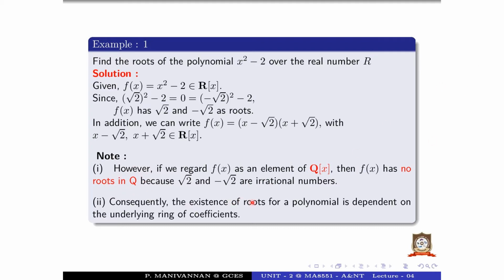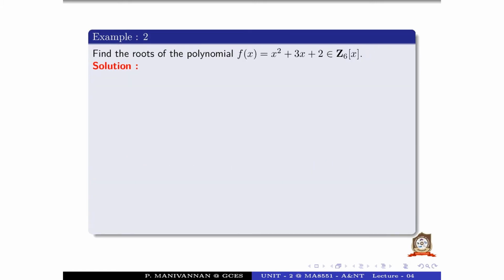So the existence of the roots of a polynomial depends on the underlying ring of coefficients. The same polynomial has roots in the real numbers, but no roots in the rational numbers, and also none in the integers and natural numbers. Okay, the next example: find the roots of the polynomial f of x equals x